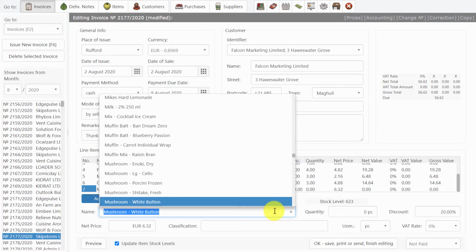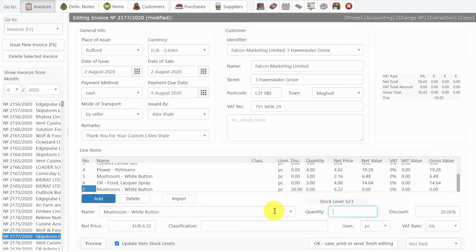The stock level currently 623 pieces. So I can easily sell, for instance, 10 pieces. But if I try to sell 1000, the system will warn me. The discount, like we have entered previously, the net price of course, and such data as the optional classification. If you don't need the classification field but would like some other field instead, please contact us, we can do it for you. The unit of measure